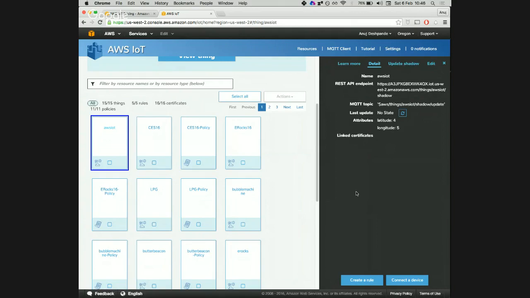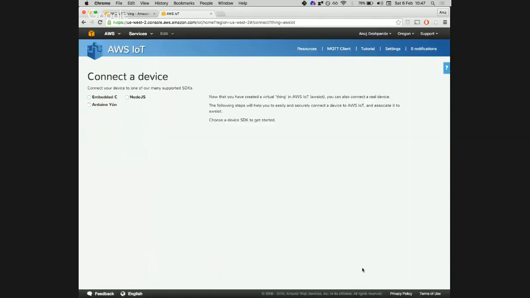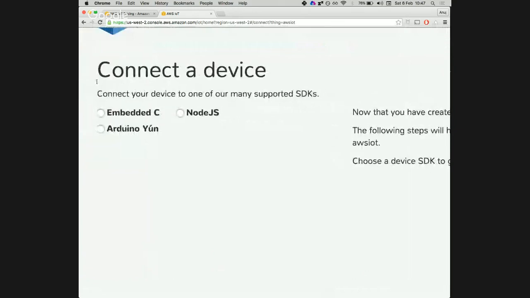So the next thing that I'm going to do is here there is something known as connect a device. Now we have created something in Amazon. What we want to do is find a way to link this using any Wi-Fi, any internet connection in the world, and make it talk to this particular device. So I'm going to say connect a device, and it opened up this menu, and I have to pick what platform I'm using.